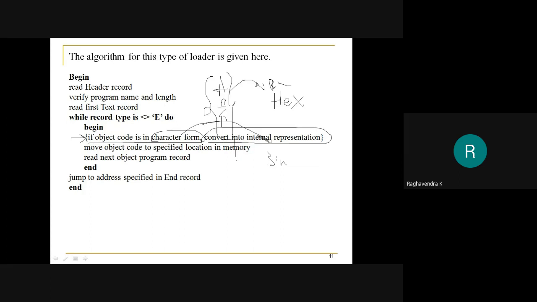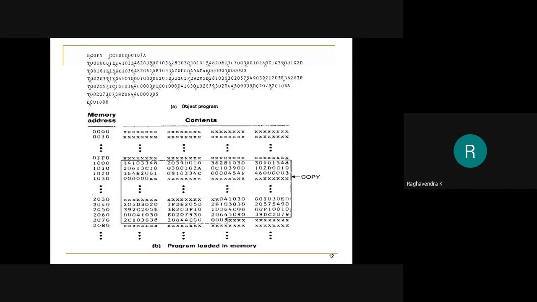So this is how an absolute loader works, or this is the algorithm for an absolute loader. You can observe this is the sample SIC standard model program that we had used. H COPY 001000. This is the memory map.